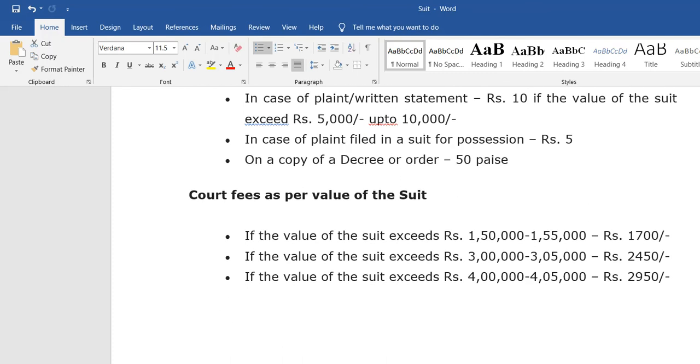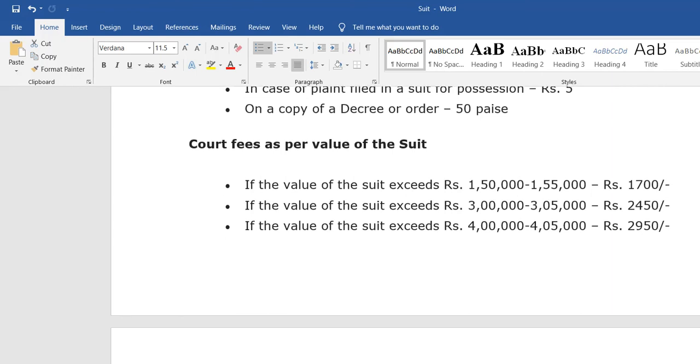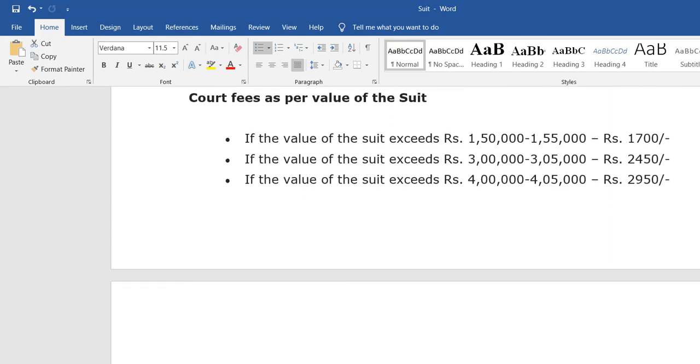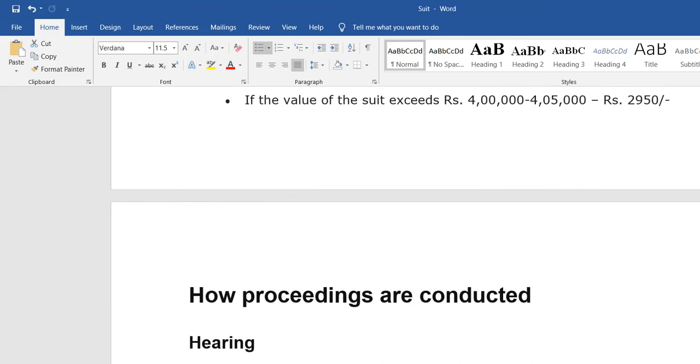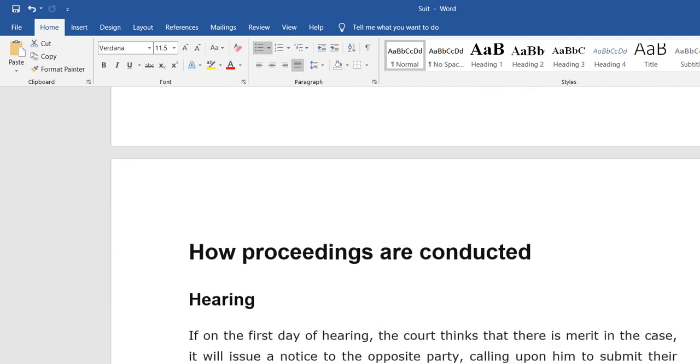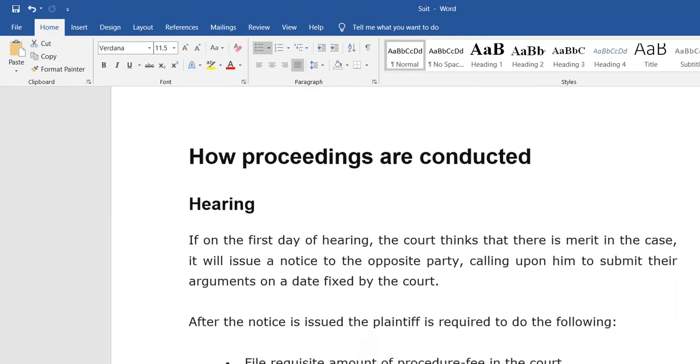And copy of a decree or order may be 50 paise. Here the court fee is as per the value of the suit. If the property exceeds 10 lakhs, you have to pay more than 5,000 and above.